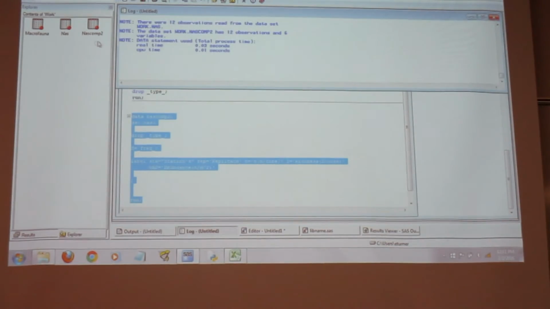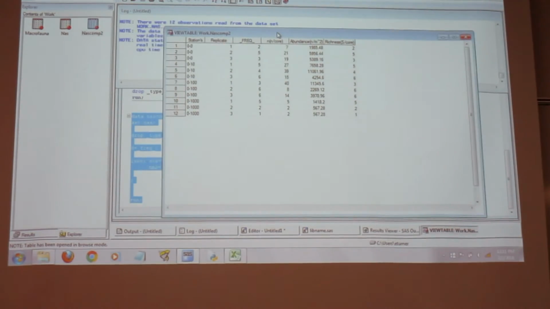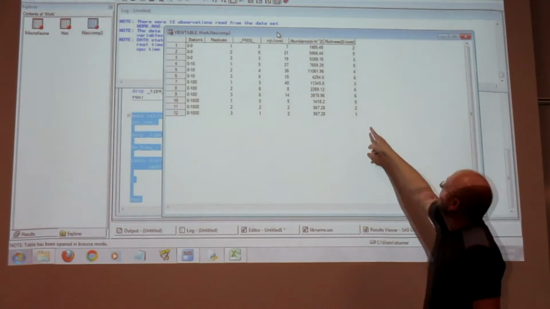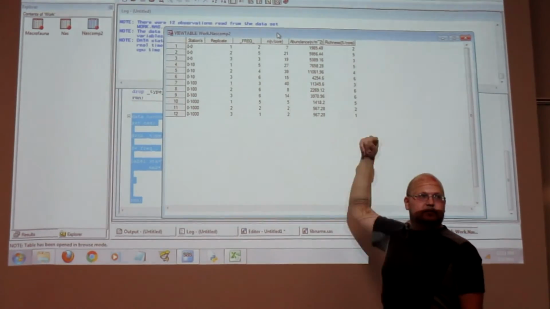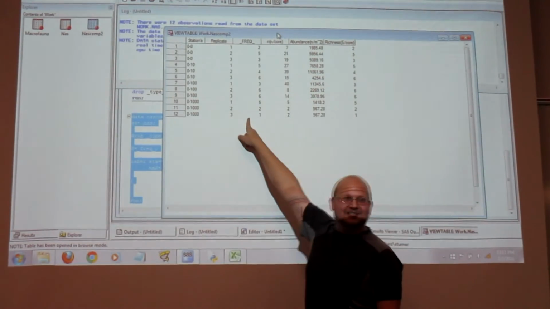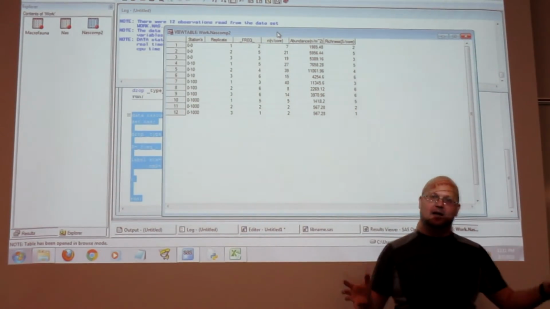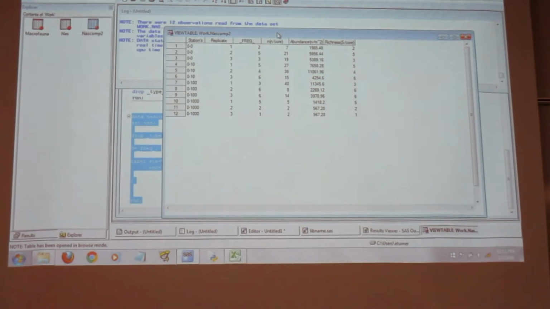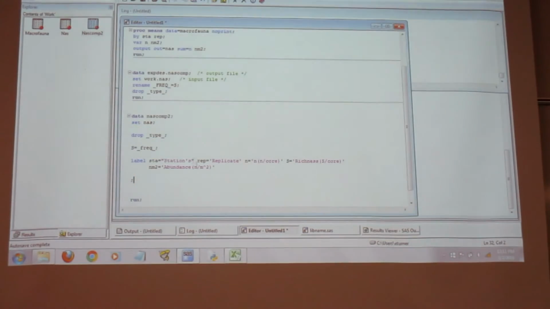Okay? So now I look back at the file. Okay. So now we got this, right? It produced S, and it ran it, and it did the label like we wanted to. But now I've got a problem. I've got the same thing still up here because it just copied it from here. It didn't get rid of that. And so now I've got to get rid of that row too. So I can come back up here and say drop type and drop frequency.